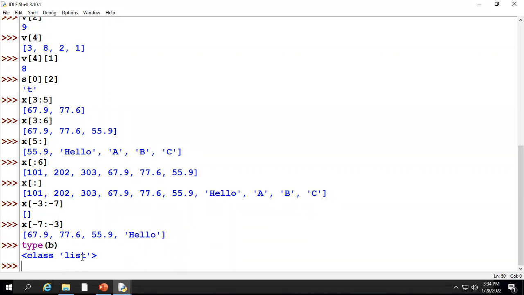But we have some built-in functions. That means generally for all the types we can use those functions, which I'm going to show you, the built-in functions available there. Okay. So here